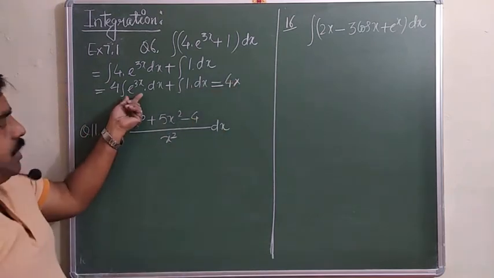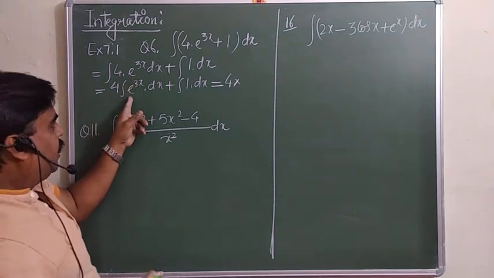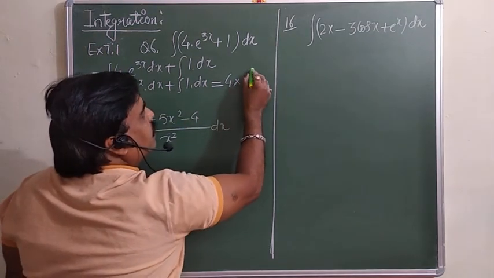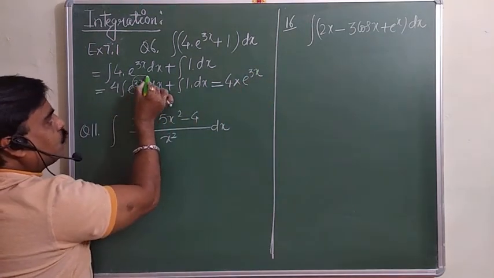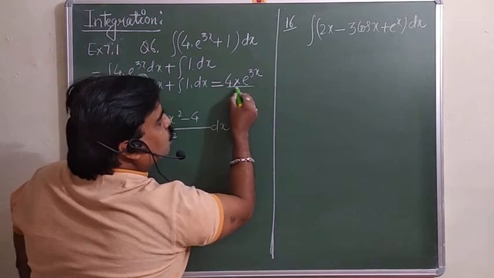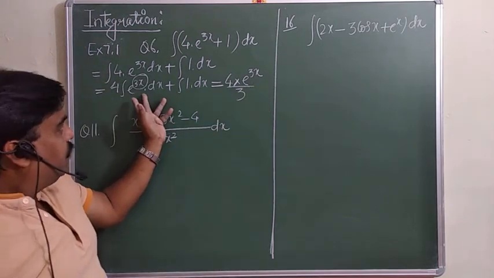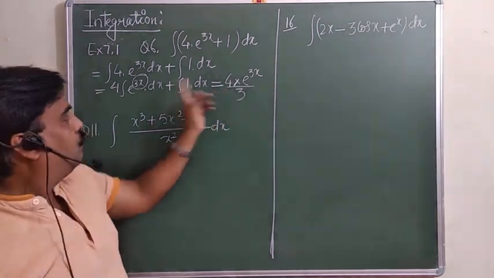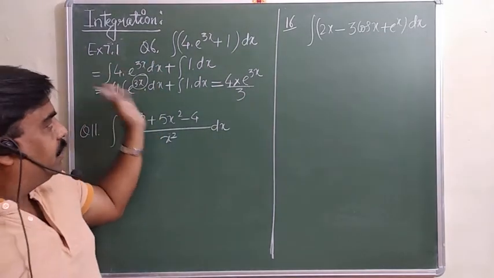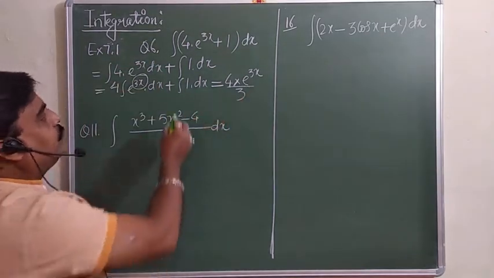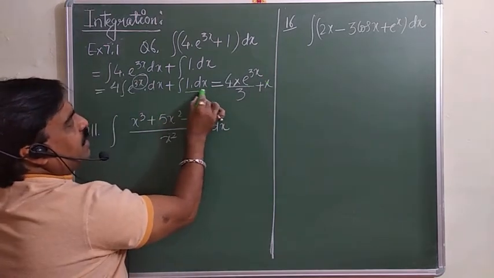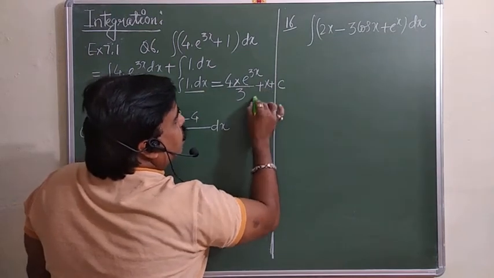We will take the antiderivative of e raised to power 3x, so it will be treated as e raised to power x. E raised to power x, what is it? E raised to power x. Then we will take the derivative of this 3x. So the derivative of 3x will be 3. Whatever derivative comes, we are supposed to divide by it. In case of the antiderivative, you are supposed to divide by the derivative you are getting in the second round. Here you have to divide. In case of the derivative, we multiply. Here you have to divide, plus 1 dx. So that will be equal to x, the antiderivative, plus c. And this is your answer.